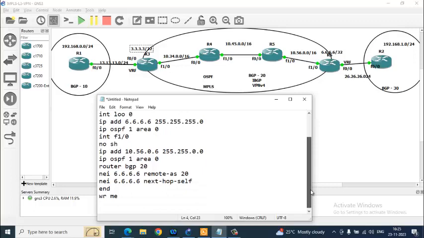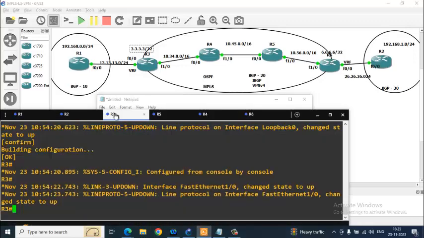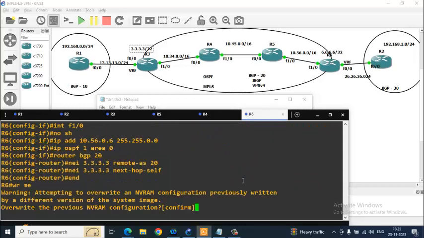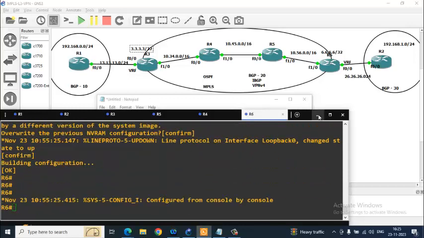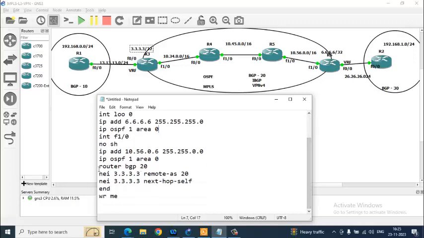BGP is 20, neighbor is 3.3.3.3, and we put this on router 6. It is done. Now next, on routers 4 and 5 there is no BGP, so I can totally remove the BGP portion,